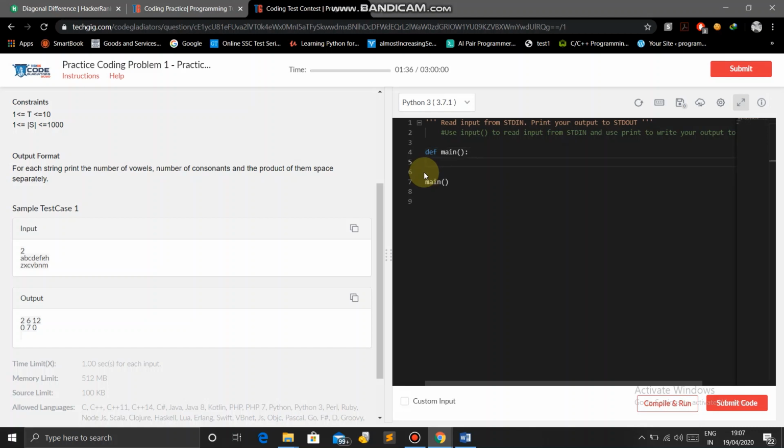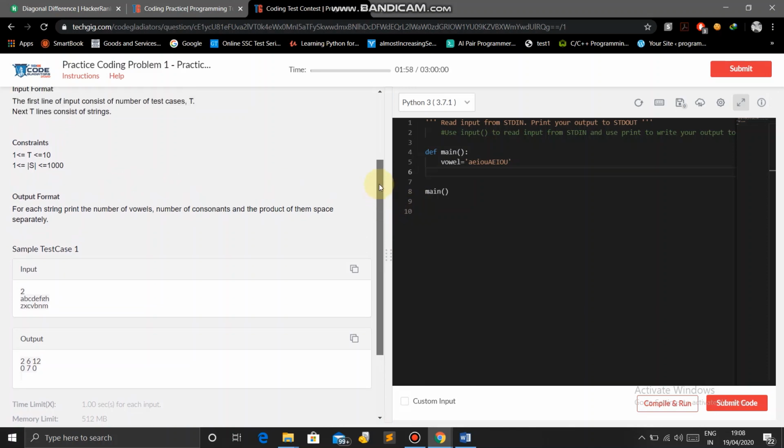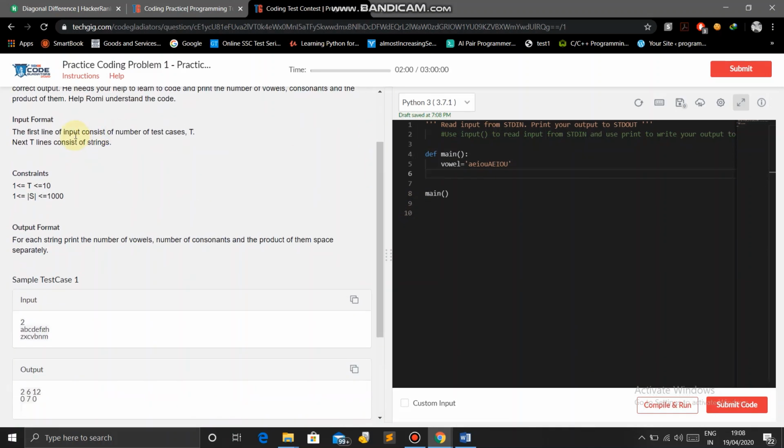So let's create a vowel string, that will be A E I O U, and also the capital letters A E I O U. Now let's get started with the input format. The input format says the first line will contain test cases. So let's write the test cases.